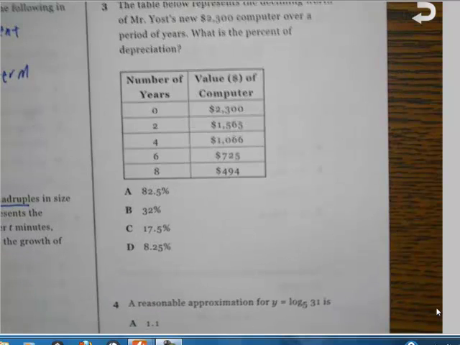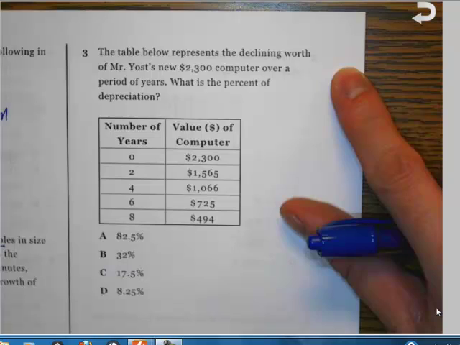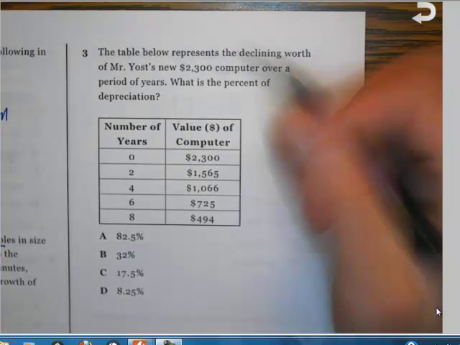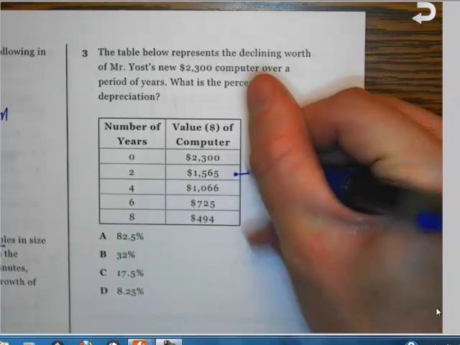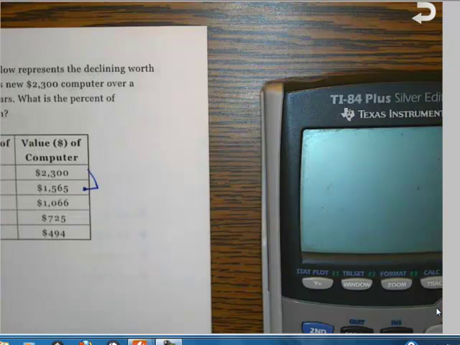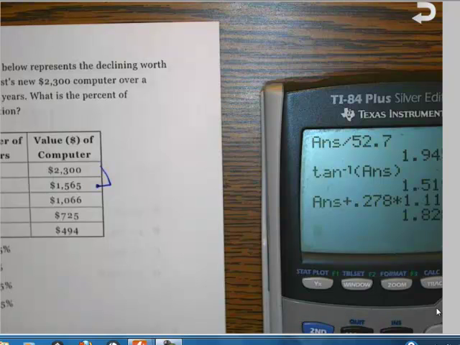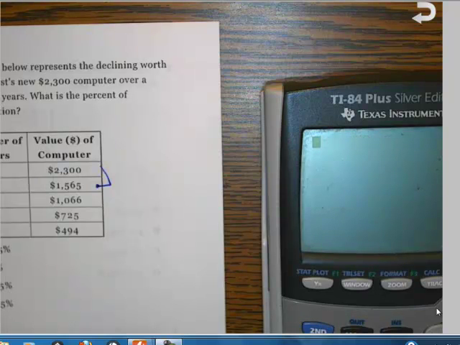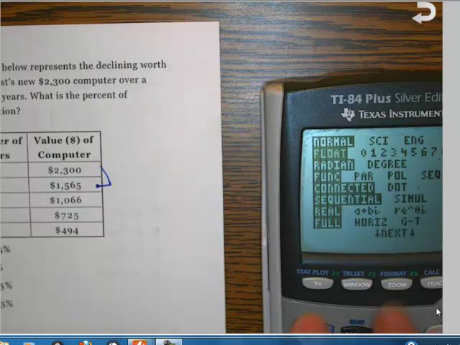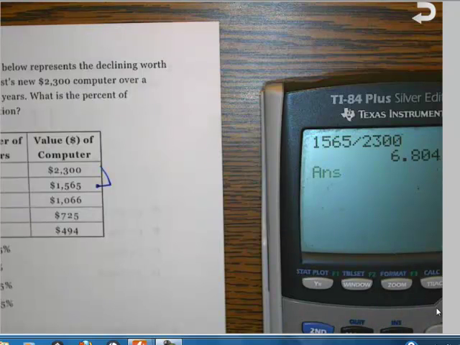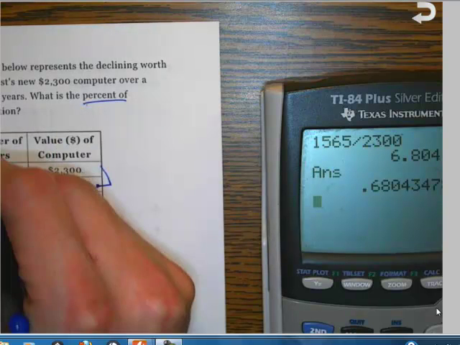Now, for number 3, you are being asked to find the percent of depreciation. How much is this going down? So what you will do is you will take 1565 and you will divide it by 2300. And I'm still in scientific notation. Let me get this back to normal. 68. 68% is what you are actually being evaluated on, but it said what is the percent of depreciation,